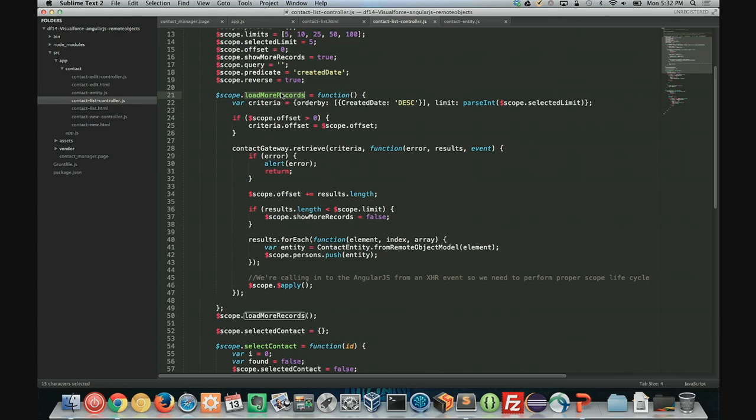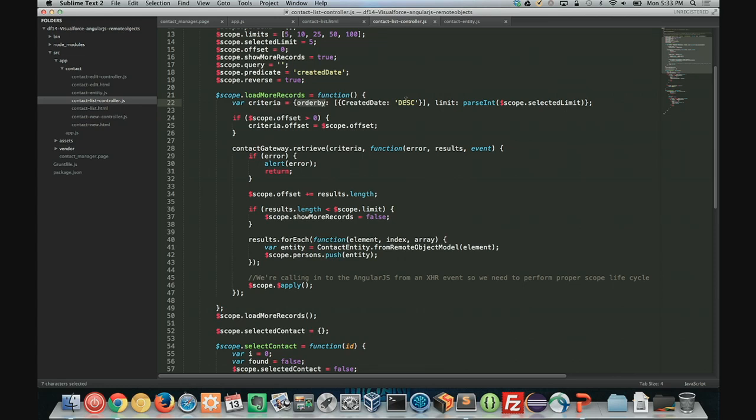And so this is where we start to get into the actual JavaScript Remote Objects code. So this criteria is a JSON object, and the formatting is declared by Salesforce. It's what you pass into the retrieve method to actually query out your records. It contains your where predicates if you want to filter, your order by clauses, and your limit clauses. And here I'm just starting to take that in and say, okay, my default query, we're just